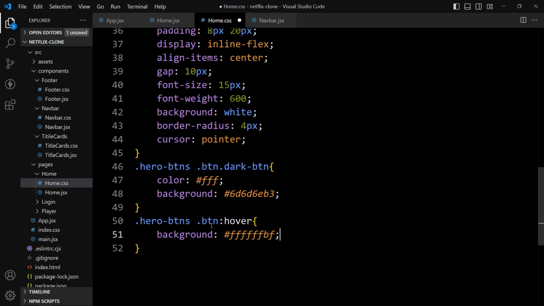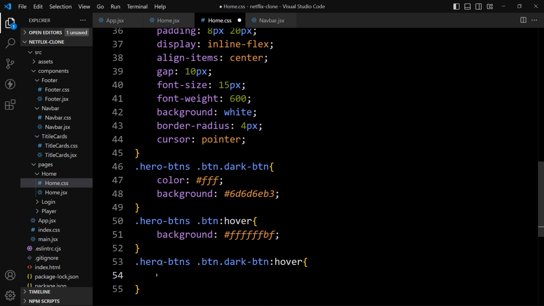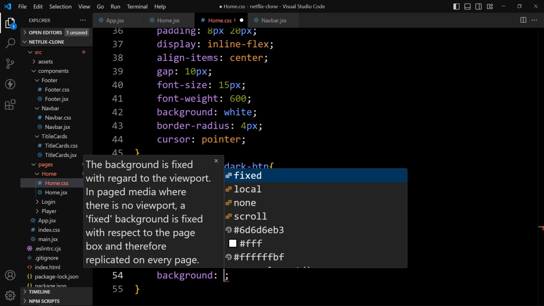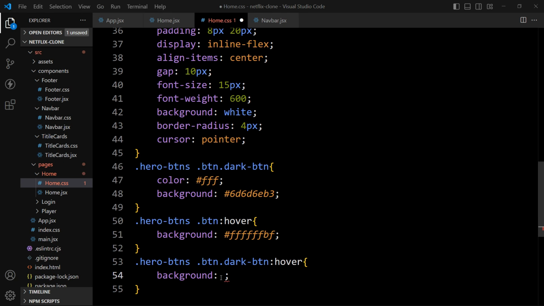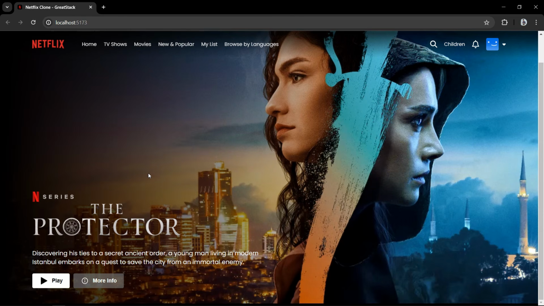After that we'll add the hover effect on dark button. So let's copy this one, then write hover, and here we will change the background and add this color code. Now let's open the web page. You can see if I move cursor over this button, the background is changing for this second button also.